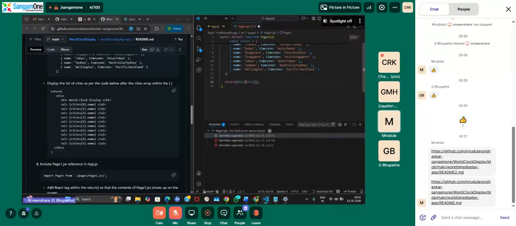Just a div tag. Yeah. So now there's no issues, correct? When you export a function, it should always return something, and the return cannot be empty. It should at least have a null div tag. Okay. So now what we will do is we will